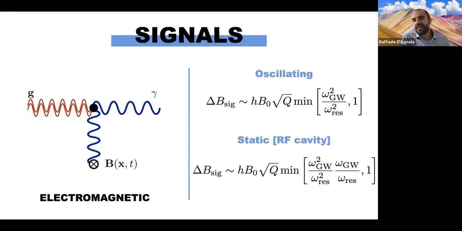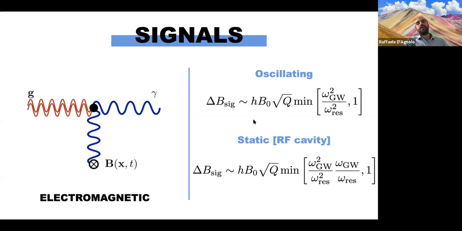If you roughly estimate what you expect for this signal, you're going to get that if your background electromagnetic field is oscillating, you have, in front, all the factors that you expect. So some dimensionless amplitude of the wave, some background magnetic field, and then, if you're resonating, a square root of the quality factor. And then there is some suppression if you're looking at gravitational wave frequencies that are smaller than the typical resonant frequency of the cavity, just because the physical effect is coming from the Riemann tensor, as Diego showed. So there are two derivatives of the gravity wave involved in this process.